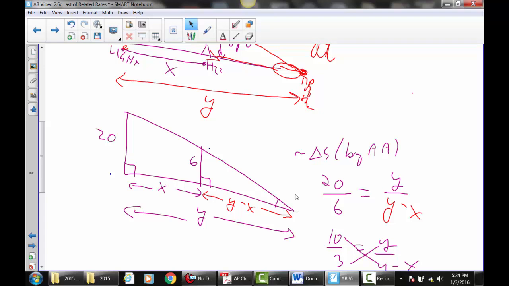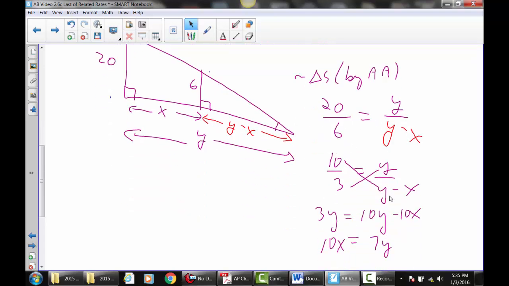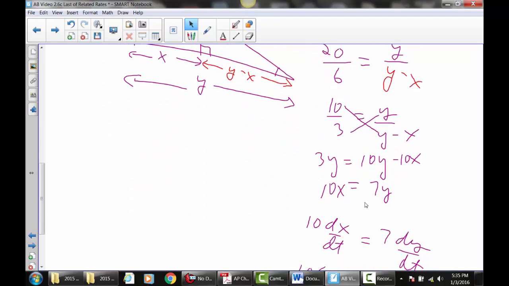Make sure you take sides of the triangles. Notice x is not the side of a triangle. So if I take the vertical side of the large triangle over the vertical side of the small triangle, I then need the horizontal side of the large triangle over the horizontal side of the small triangle. Do a cross product, it'll just make life easier, simplify, and that's a much easier thing to differentiate than this